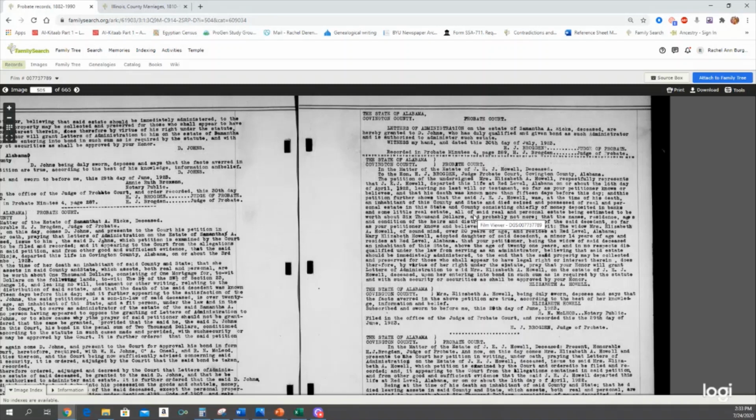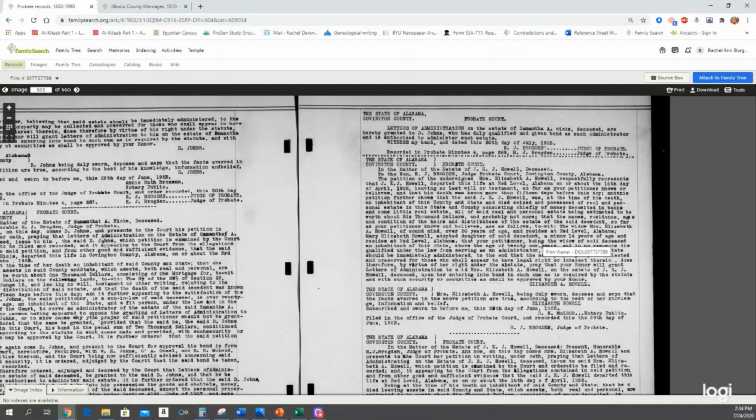So those little details can help you get clues as to whether or not this is for your ancestor. Now here's my favorite part of this record, and this was a really special find. I'd seen this family in census records before his death in 1920, and I knew they had a daughter named Mary. What I didn't know, and what you'll see here, is Mary Elizabeth Howell, adopted daughter of said decedent, a minor of 14 years. I had no idea she was adopted, and I probably never would have unless I'd looked at this record.